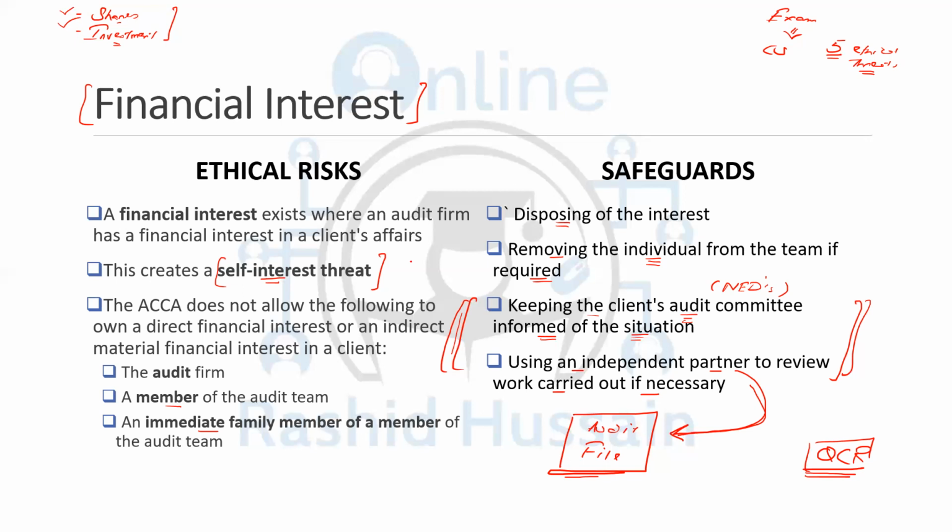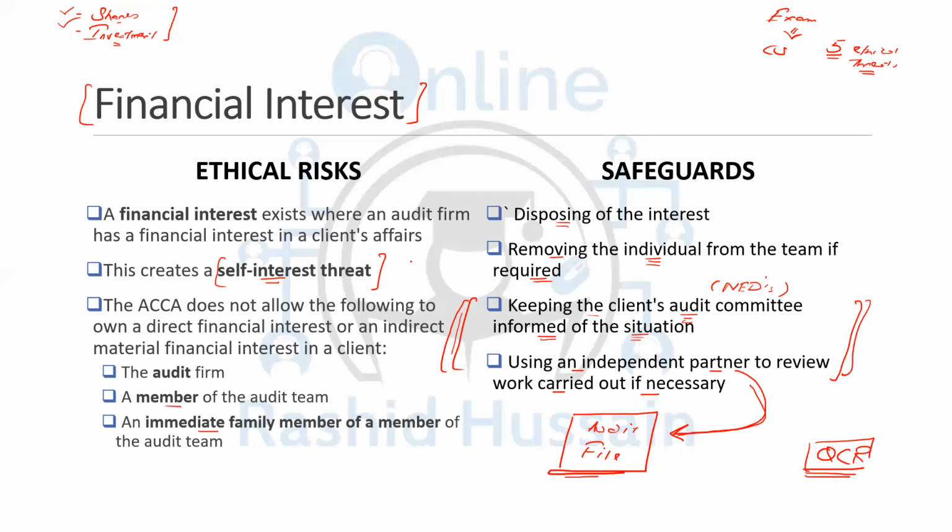When you tell them that, okay, you need to fix the misstated profit and you have to show the loss. So when they show the loss and the financial statements go into the market, it will drop the share price, and you are holding the shares as well. So you will have a significant capital loss over there. So in order to avoid your own loss, the audit firm or the member of the audit firm,